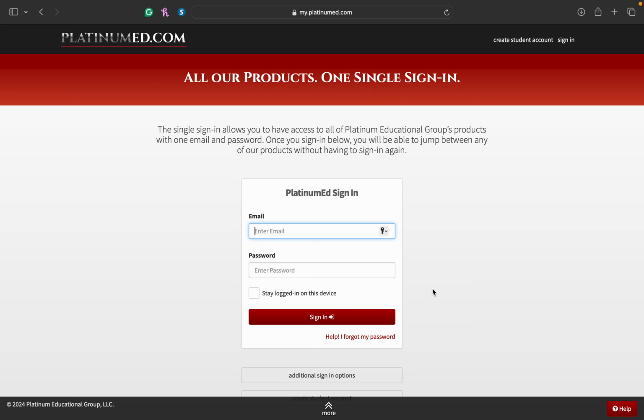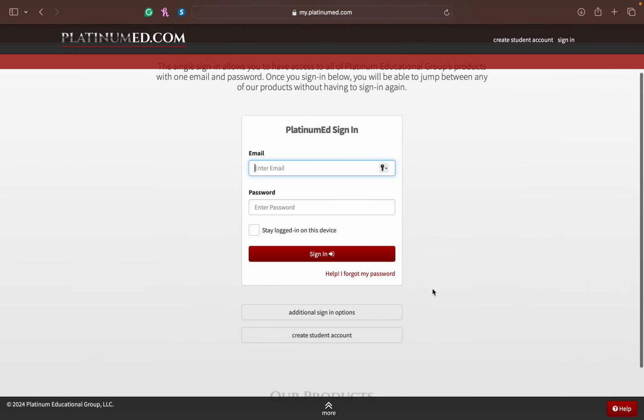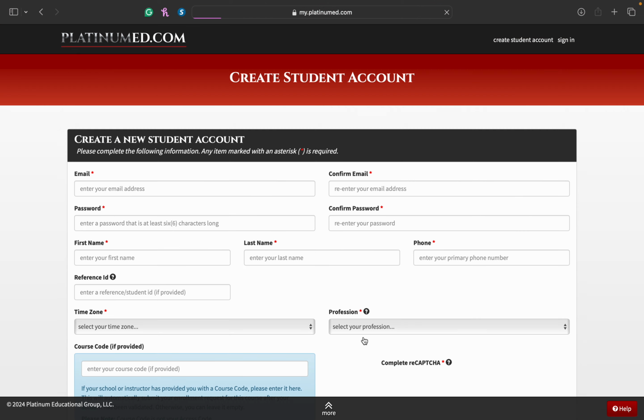Okay, so I'm pretty much going to show you guys how to use Platinum ED, which is what the school uses to document all of your clinicals, all of your labs, and to do testing on. So when you first sign on to Platinum ED, your screen will look like this. You'll have the option to come down here and create student account, which is what you guys will want to